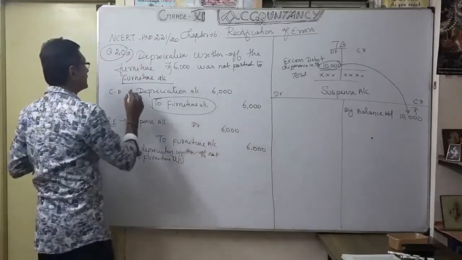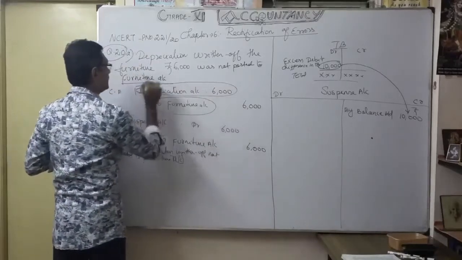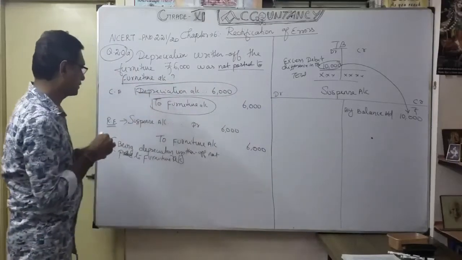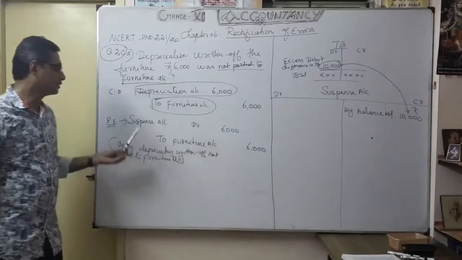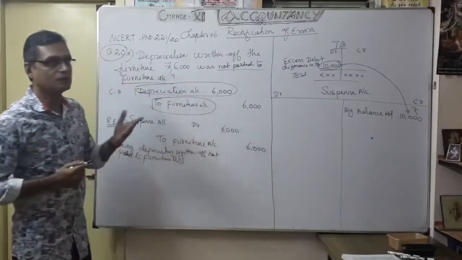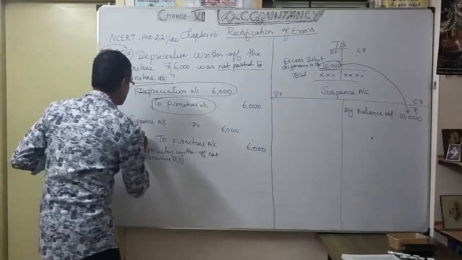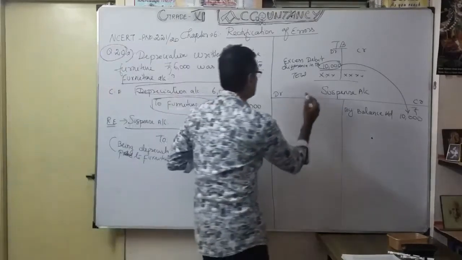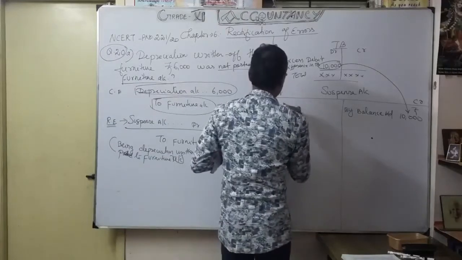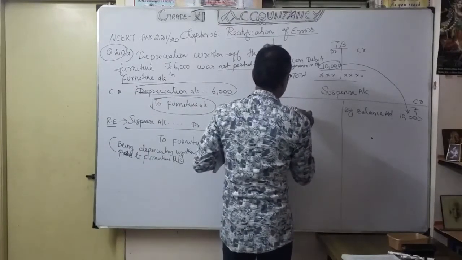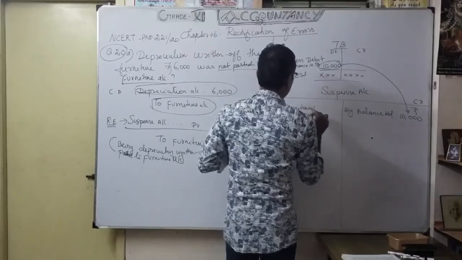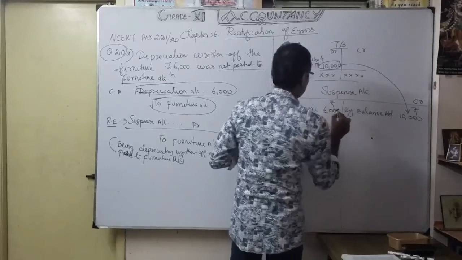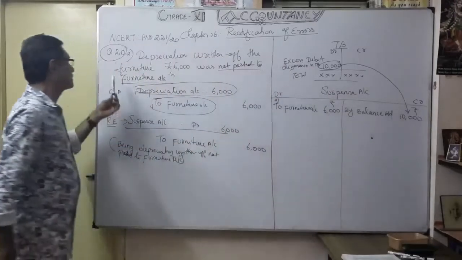So the debit part they did clearly. But what happened? Not posted to furniture account. Okay, that's what we have now posted: suspense account debit 6,000 to furniture account 6,000. Now, what is the suspense account? As a base, how do we do the posting? We consider it as a base. To furniture account, already open furniture account. So based upon the suspense account, we did 6,000, our first transaction.